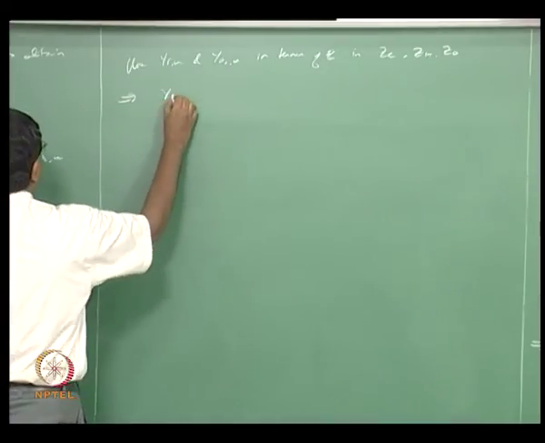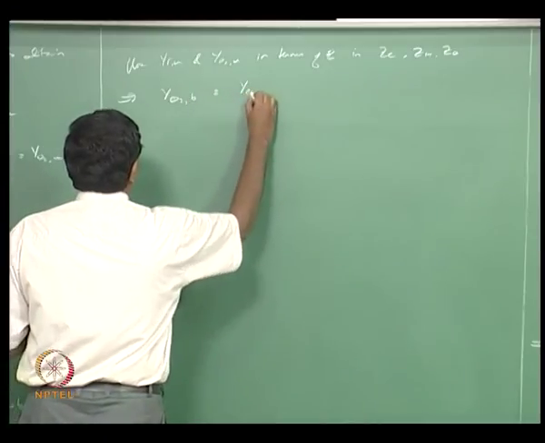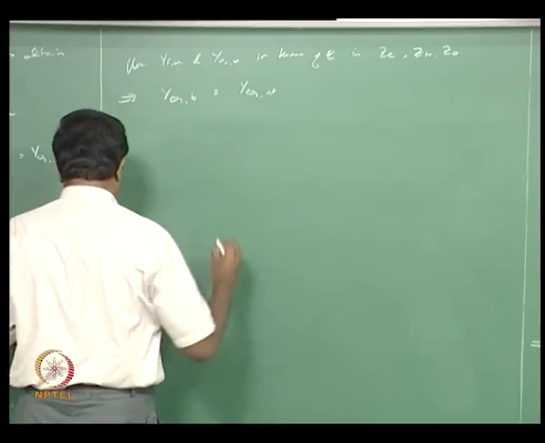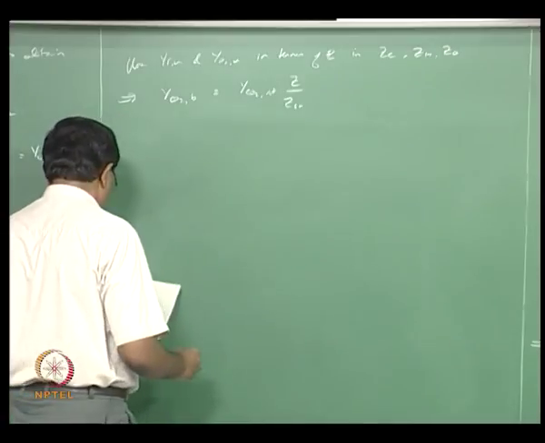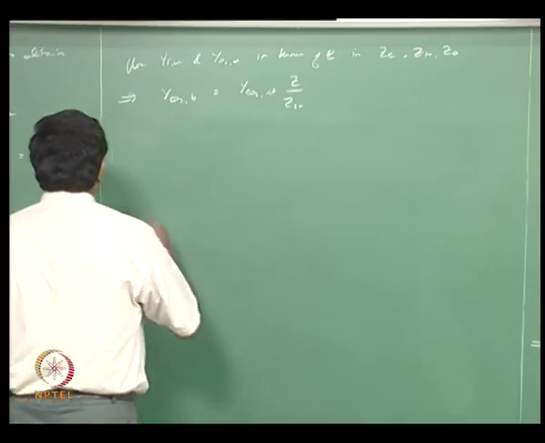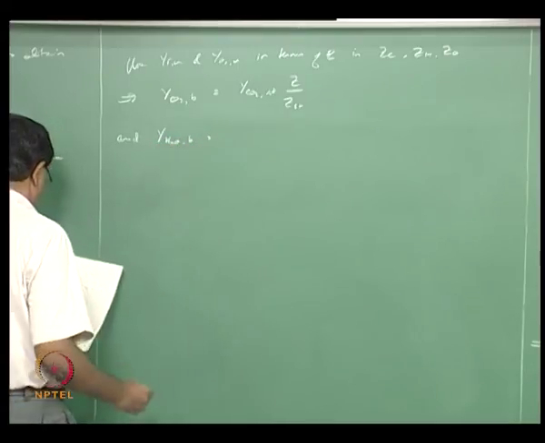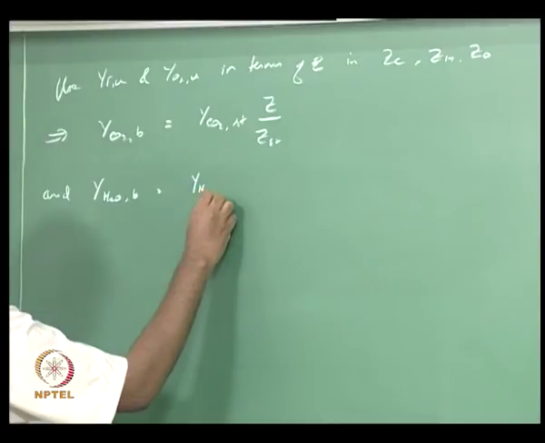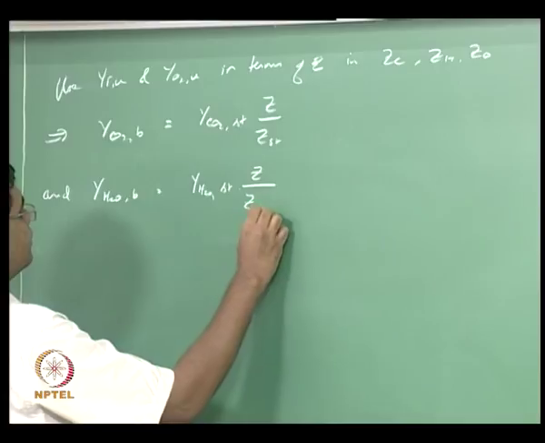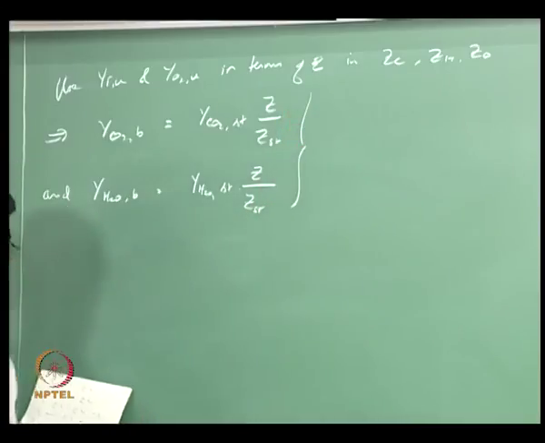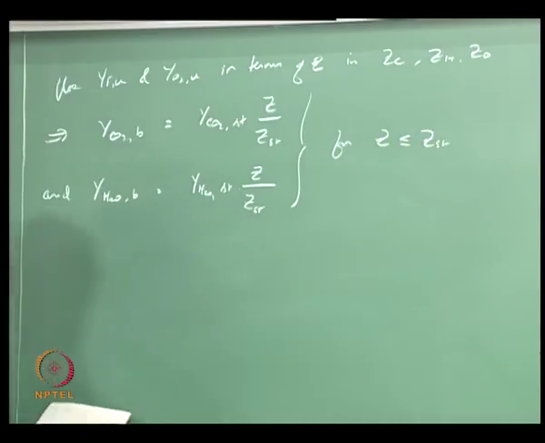So you then get YCO2B would be YCO2 stoichiometric times Z divided by ZST, and YH2O comma B equal to YH2O stoichiometric times Z divided by Z stoichiometric. This is for Z less than or equal to ZST,